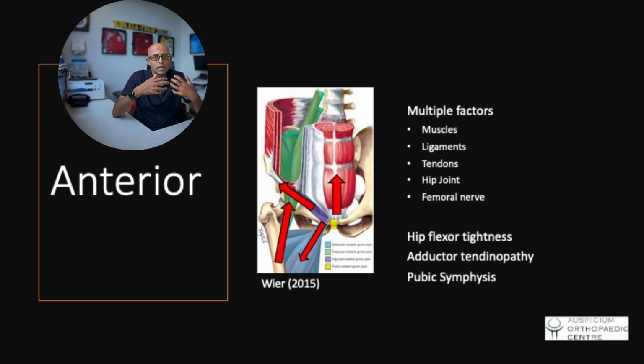Things to consider here are the muscles at the front, so things like the obliques, the rectus abdominis, the adductors, and the hip flexors, the ligaments such as the inguinal ligament, the conjoint ligament, and also the pubic symphysis. It could be a tendinopathy of any of the muscular structures at the bony attachments, but there are other things as well, such as the hip joint or the femoral nerve. So all of these can have a significant and complex interplay, which all can be contributing to the anterior hip